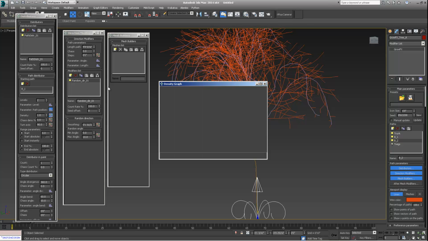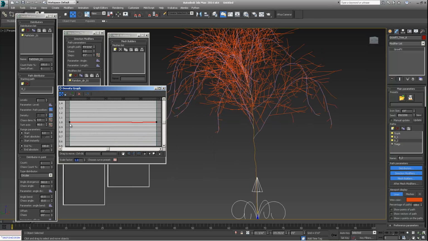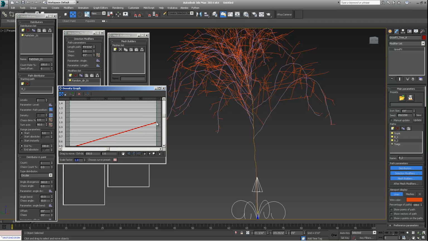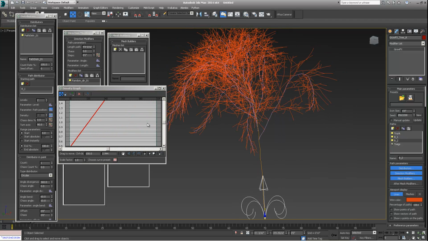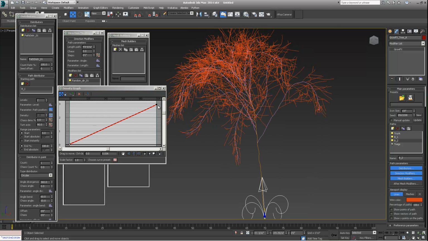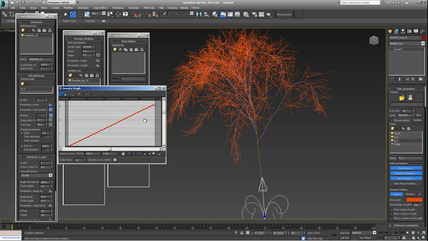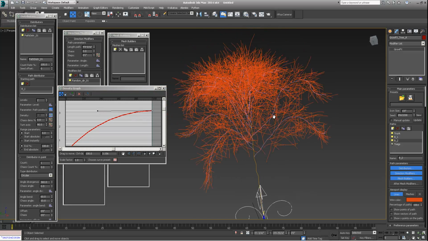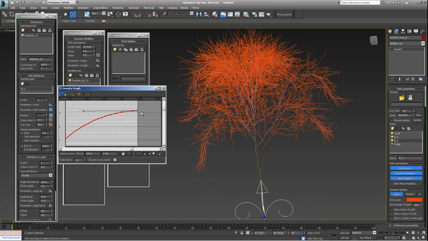So again, I would come in here and say density, bring that guy way down, bring this guy way up. And because they do start at 0, I can bring that 0 pretty substantially down, and then throw a curve on this. Something like that. Maybe that's too much, but